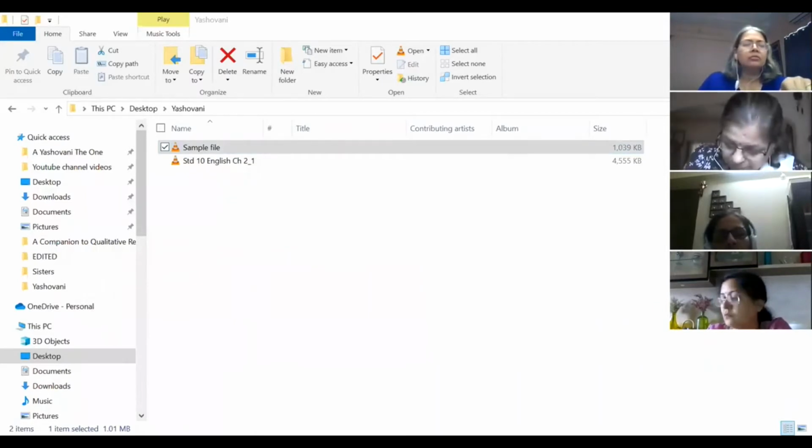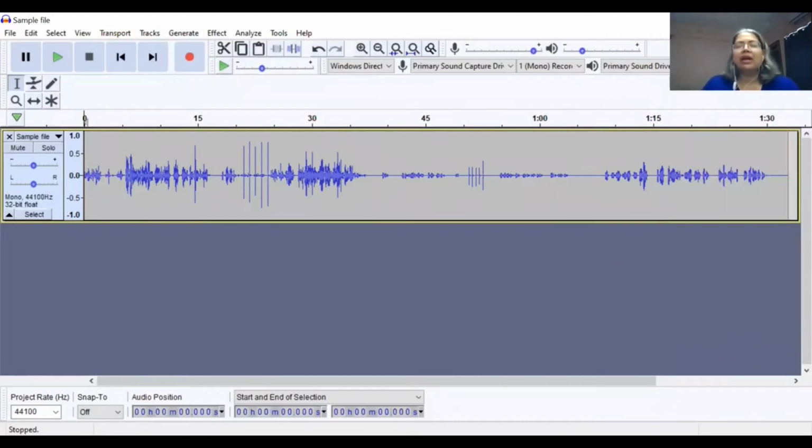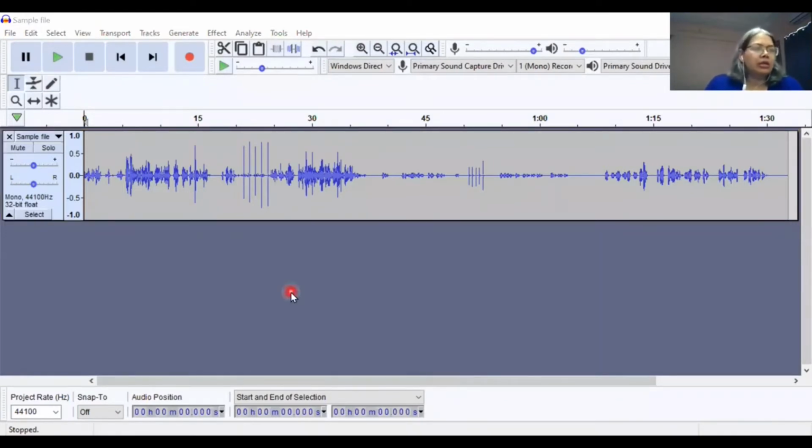So now I'm going to share the other screen because I have to flip the screens. I have to interchange sharing the screens. So yes, this is my file called sample file. This is what I have opened. Now I want to edit this file, which we can see on the screen. Now you see there are so many errors, so many mistakes, so many mess ups, and I need to clean the file of all those mess ups. So let's see what we need to do about this.